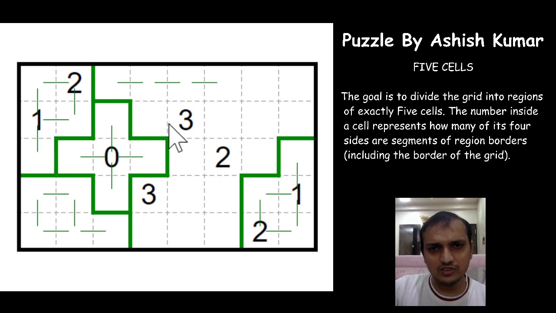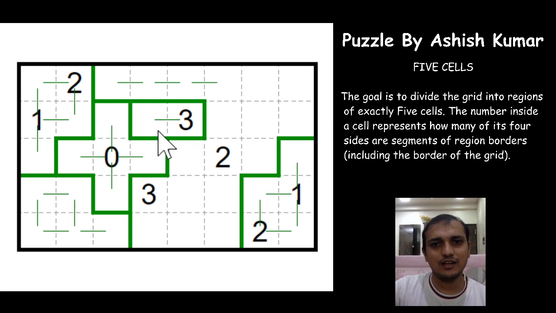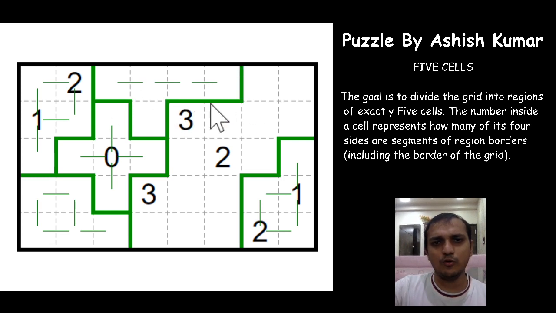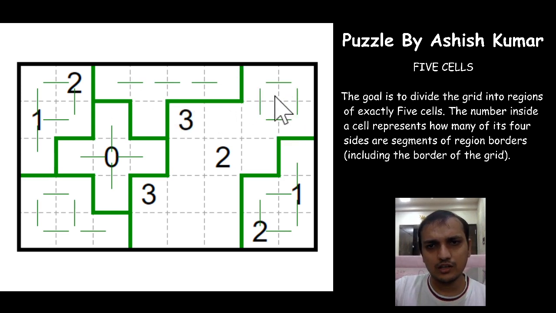And again, if this cell is part of the 3, then you have only a 2-cell region now, right? Because there are only 2 cells and these are the 4 cells. So either it will form a 2-cell region or a 6-cell region. So we conclude that this cell is a part of the region above it, and here we form another 5-cell region either this way or the other way, right?